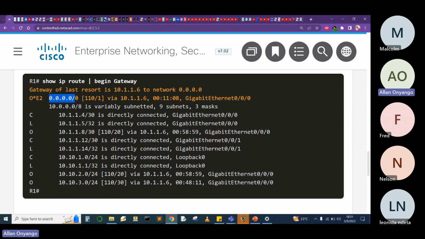This is the default network, 0.0.0.0, that was learned. The AD will still be 110. The metric is 1. The metric always will be 1, of course. The next hop will be 10.1.1.6. The time interval, how much time has elapsed since the remote network was learned, is 11 minutes and 8 seconds. And then the exit interface was